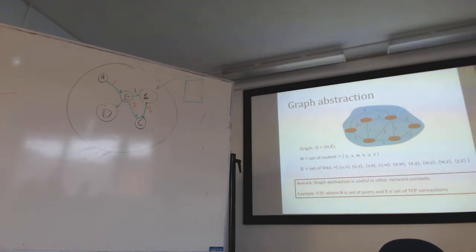What's the cost of the link between U and V? Just 2. That's your actual edge, which is the cost of connection between U and V. Simple as that. So the graph consists of a number of nodes and a number of edges between those nodes. The set of nodes, or routers at the moment, goes from U to Z. Meanwhile, your edges, those set of links, they are